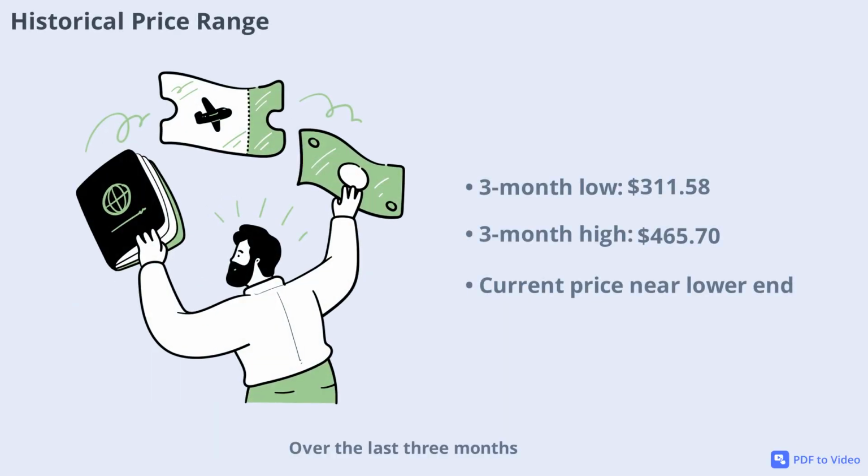Over the last 3 months, ADBE has traded between a low of $311.58 and a high of $465.70. This wide range highlights significant volatility and shifting investor sentiment. The current price is closer to the lower end of this range, suggesting that the stock has experienced some downward pressure recently. By examining this historical context, we can better appreciate the significance of current technical readings and anticipate possible